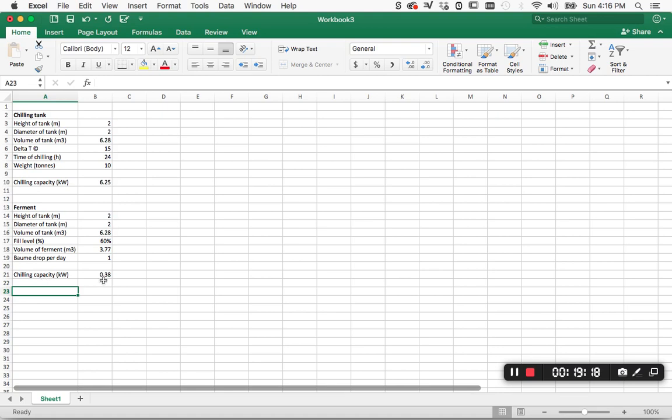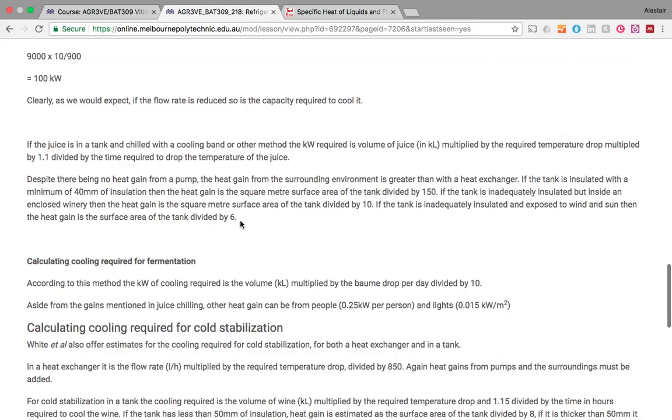All right, so in this winery with one tank going, we need 0.38 kilowatts for the ferment and 6.25 kilowatts for chilling of the tank. So let's put total chilling equals that plus that. All right, then it says, despite there being no heat gain from the pump, because we're not pumping it around,